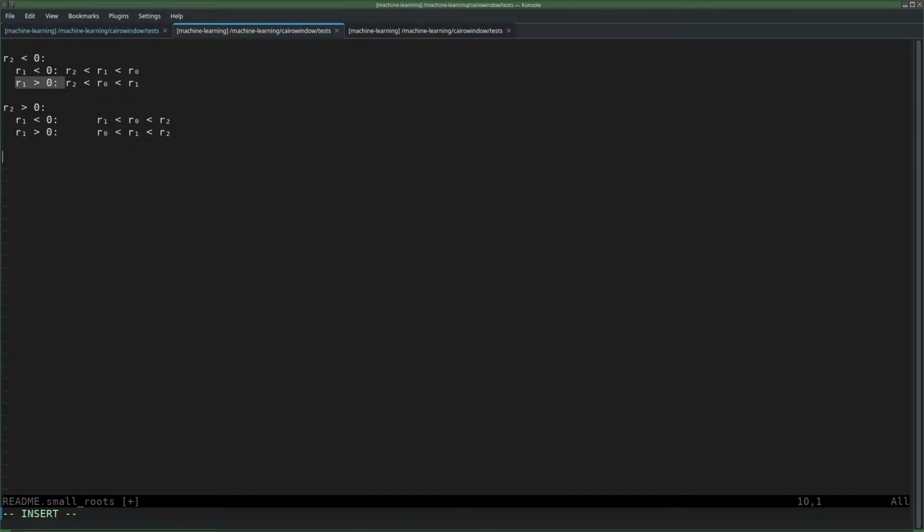However, we don't know what R0 and R1 and R2 are. We just don't know. We can only observe other stuff that is depending on R0, R1 and R2. Most notably, we can observe the sum